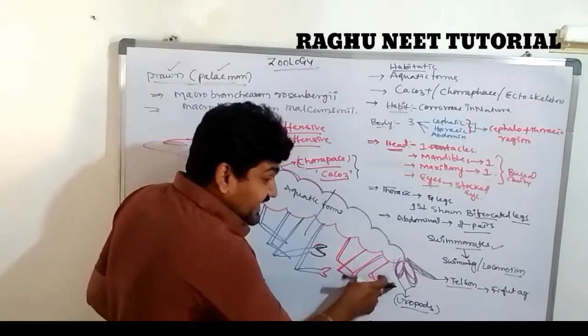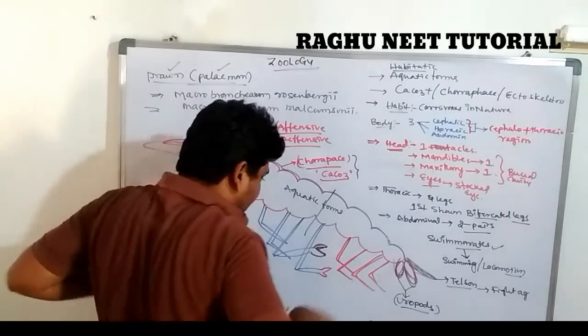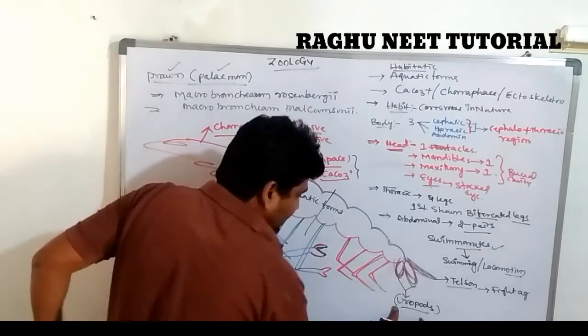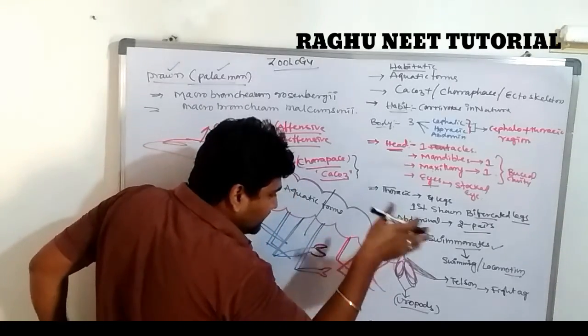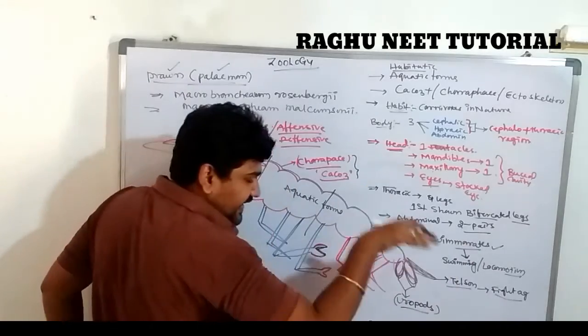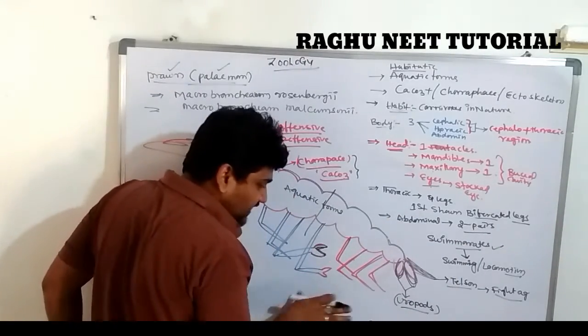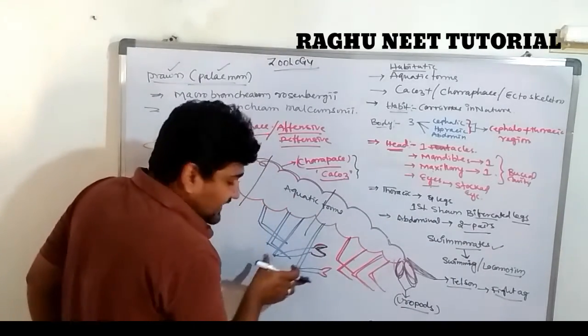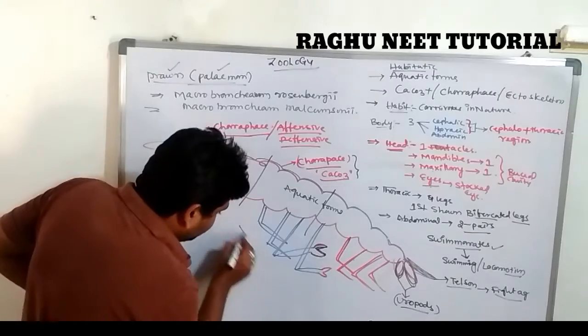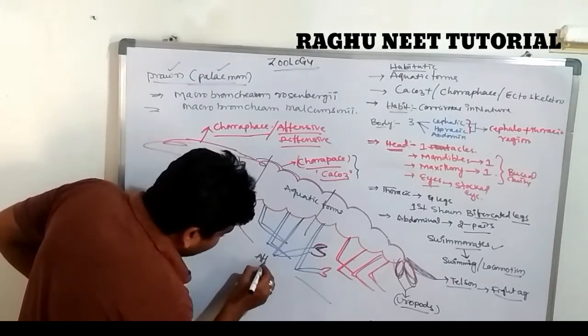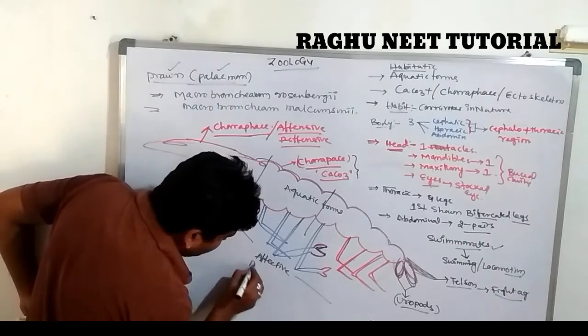So these give direction to the organism. The swimmerets are useful for locomotion, and the uropods act as the direction for the organism. It acts like a fight against the predator. It gives the direction of the organism. It acts like an offensive defensive mechanism.